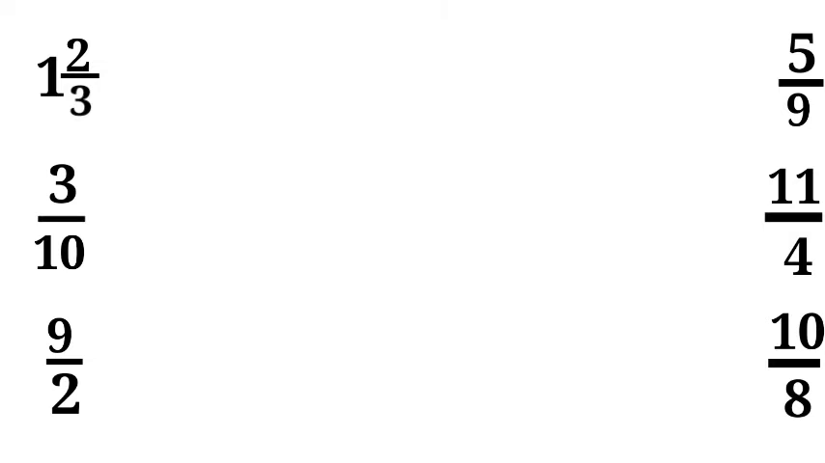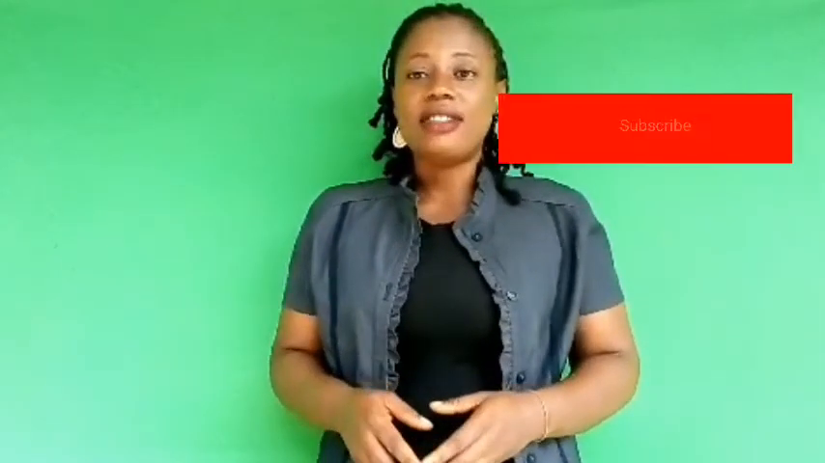11 over 4 is an improper fraction. 10 over 8, the numerator is bigger than the denominator, so that is an improper fraction. Now you know how to identify